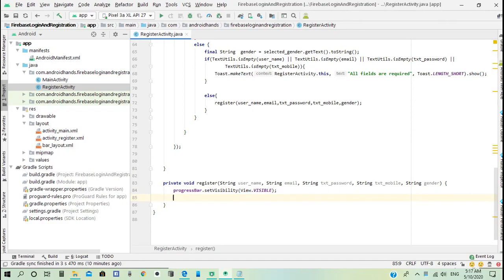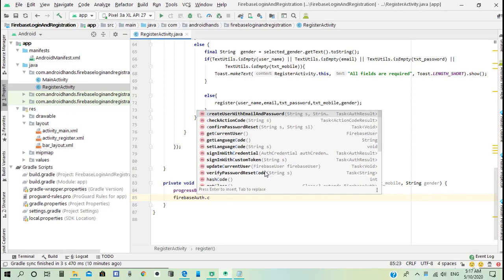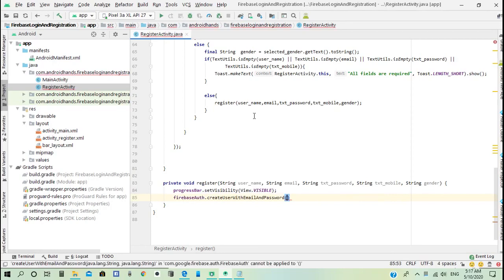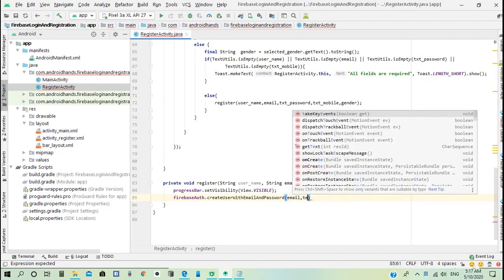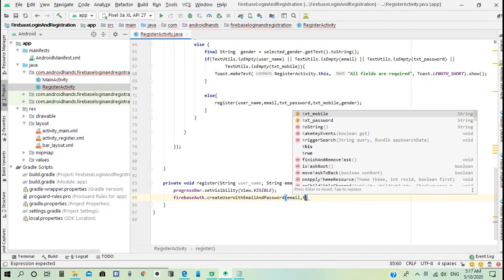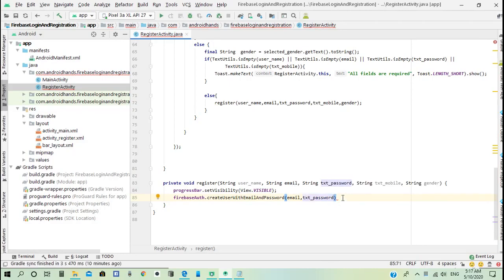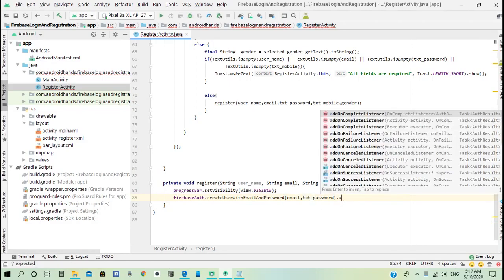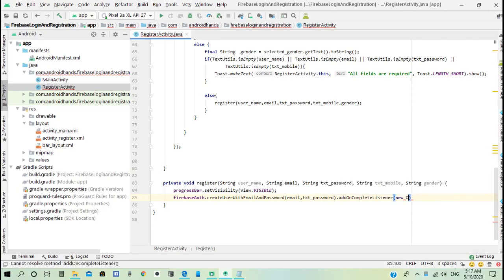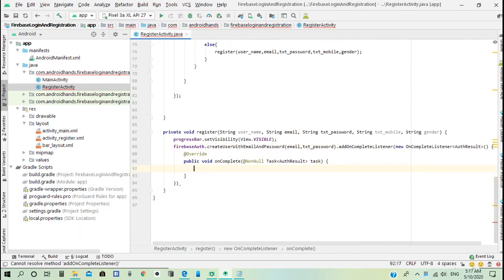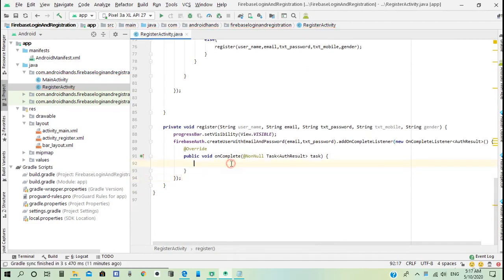And then create a new user by Firebase Authentication, and select the option createUserWithEmailAndPassword. The first parameter is the email text and the second parameter is the password text, and add an OnCompleteListener, new OnCompleteListener. If the task is successful,